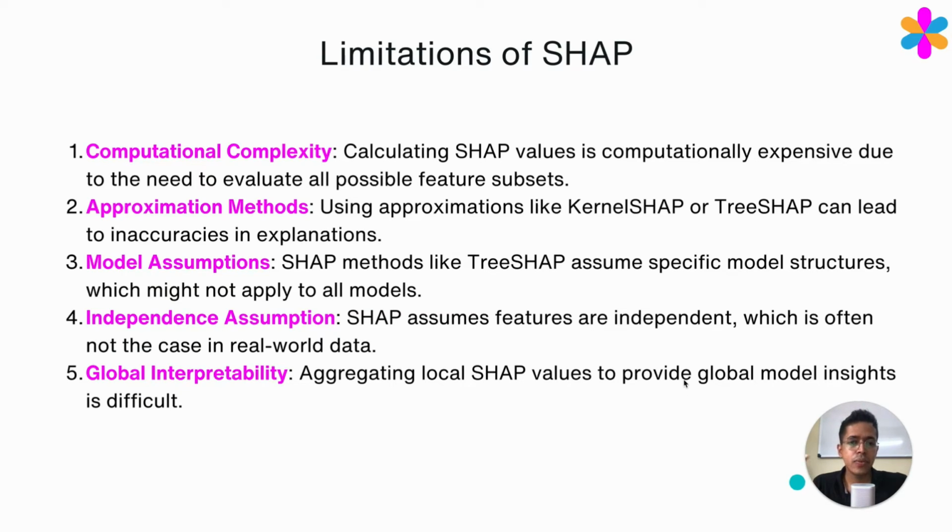And the aggregation of individual SHAP values to provide global insights is very, very difficult. You can get globally how features correlate with the outcome, but getting insights beyond that is very difficult to have a complete global interpretation. But despite these limitations, SHAP probably still remains as one of the most popular explainable AI